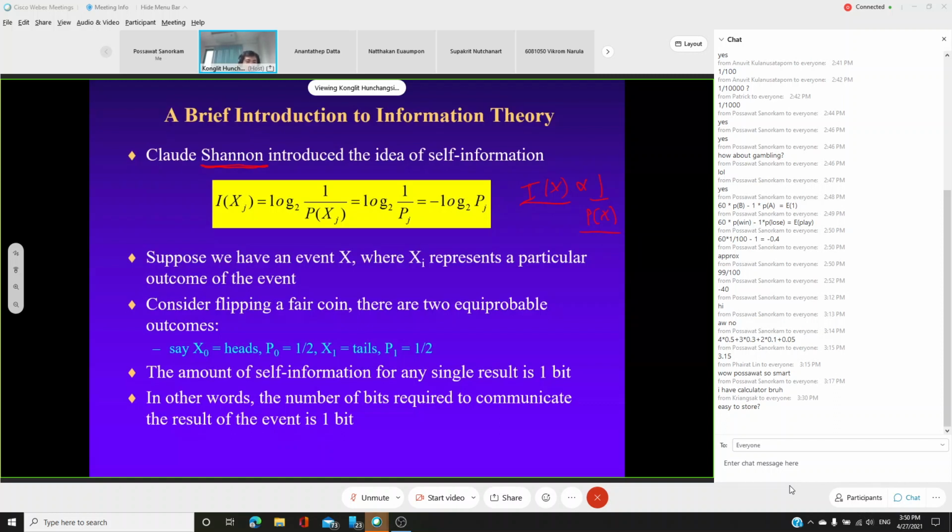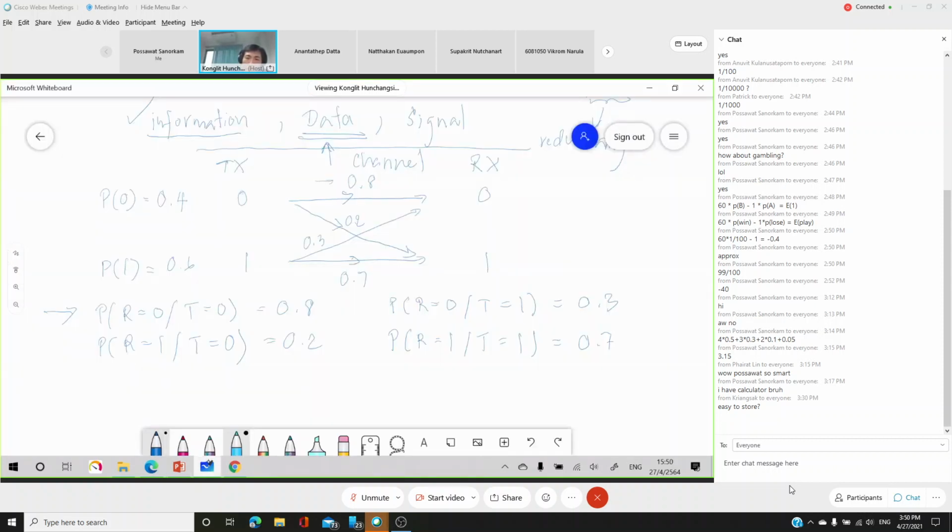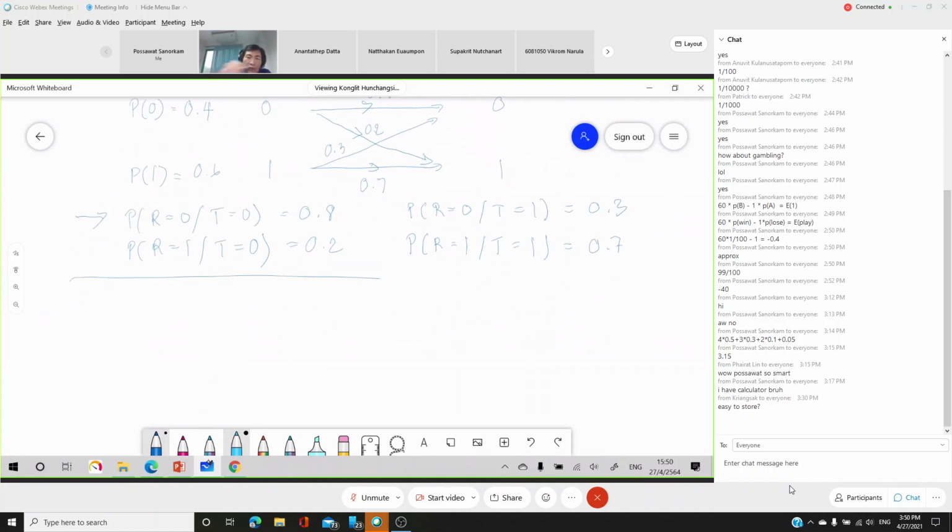And with that idea, he formed a formula to measure the information of the source. It's going to be inversely proportional to the probabilities, the self-information. And he put the log in front. The reason that we use log is that